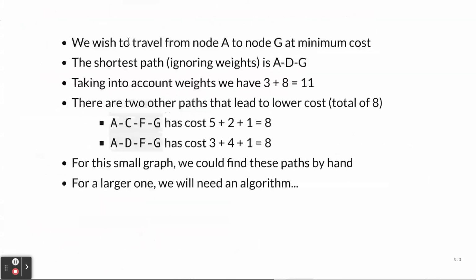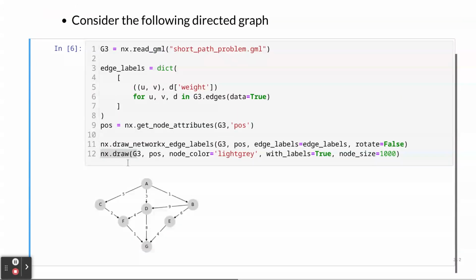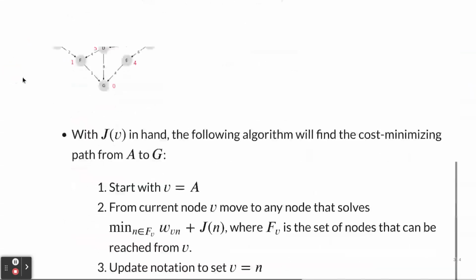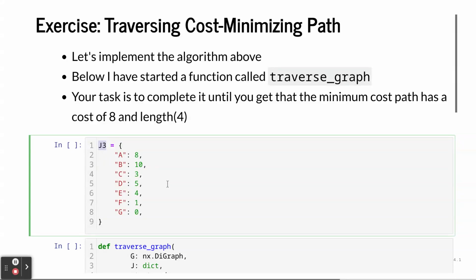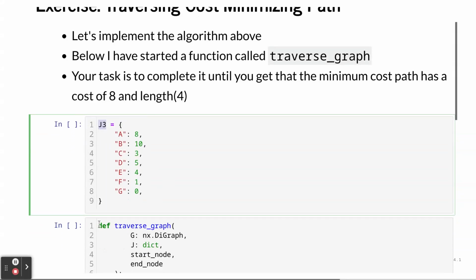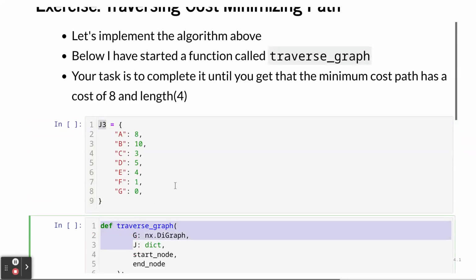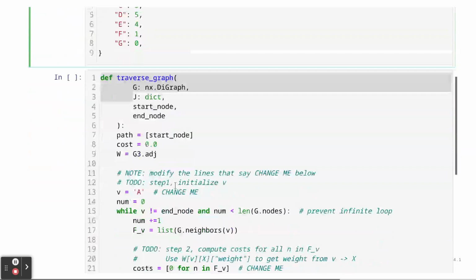If you remember when we were displaying this graph here, we called it G3. And so to be consistent, I labeled this cost to go dictionary J3 so it matches up with G3. And I've also defined for you the structure or scaffold for a function traverse graph